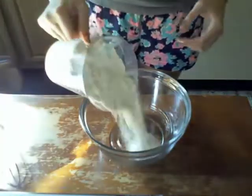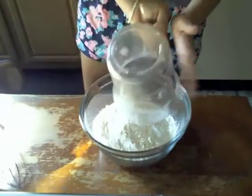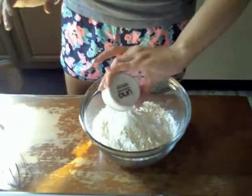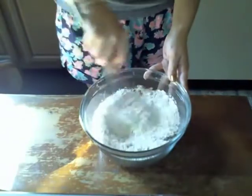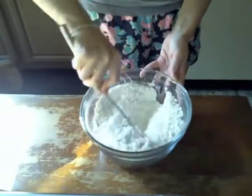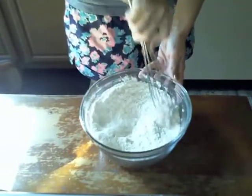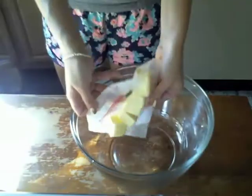In a medium mixing bowl, you're going to want to add your flour, your baking soda and salt, cinnamon and nutmeg, and whisk it all together. Pretty much just your dry ingredients you want to add together at this time. And set that aside. In a large mixing bowl, we're going to mix together our 2 sticks of butter